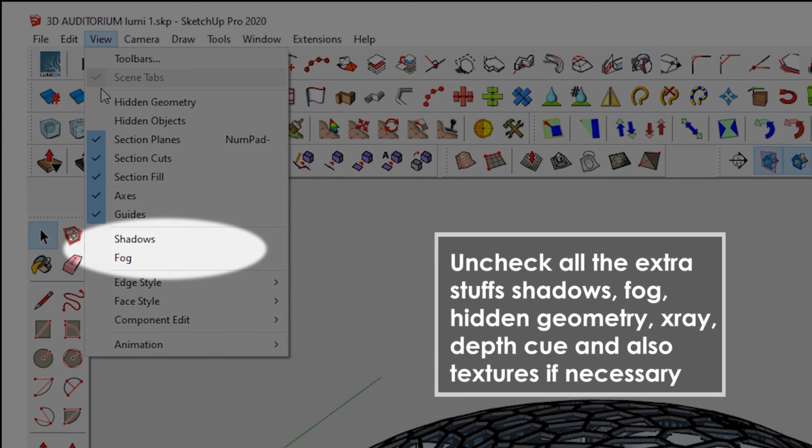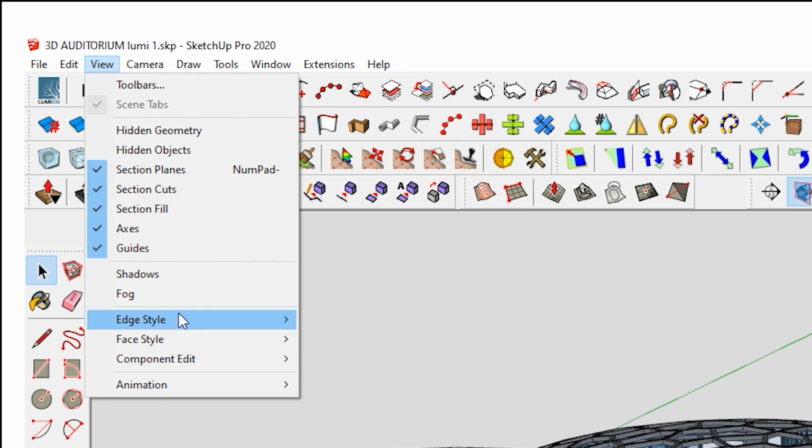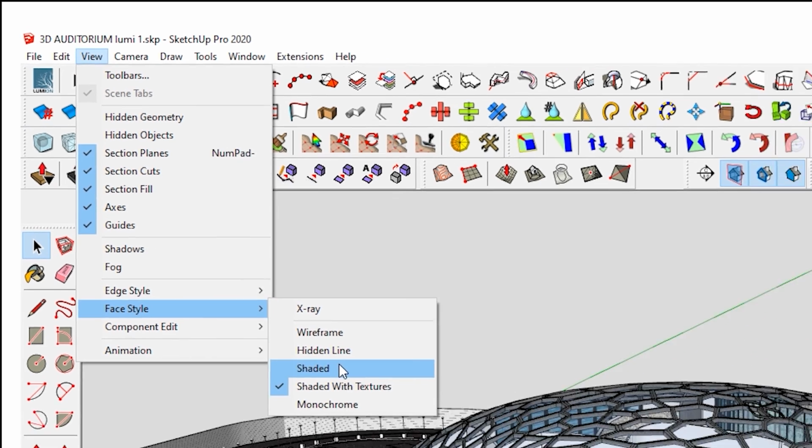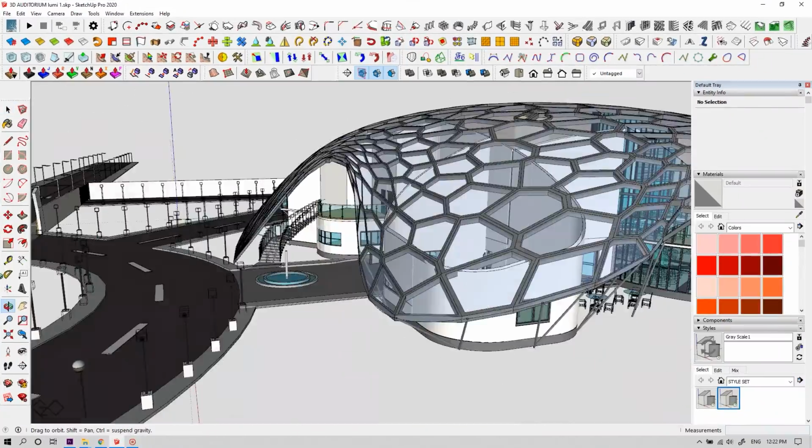And also make sure the shadows, fog and all the other fancy stuff are turned off. For extreme cases, you can turn off the textures too. For that, go to View, Face Style and select Shaded so that each time you pan or zoom, your textures